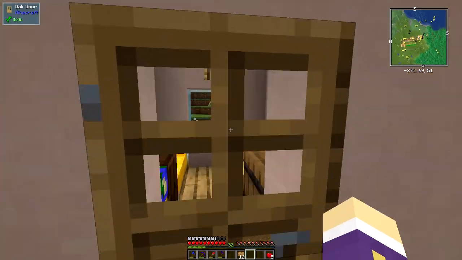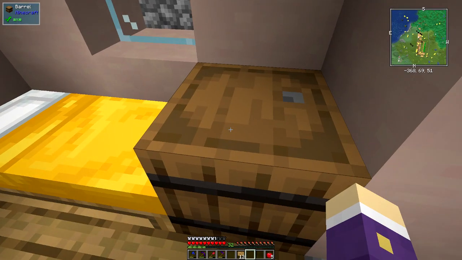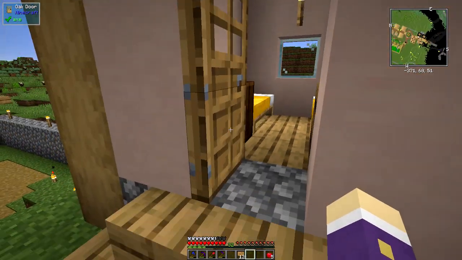Oh, one little thing here. The barrel. The barrel is the fisherman's workstation, as pointed out by Adamant